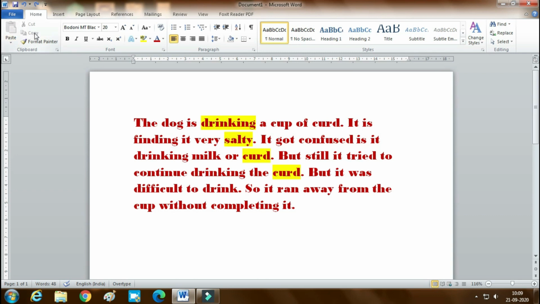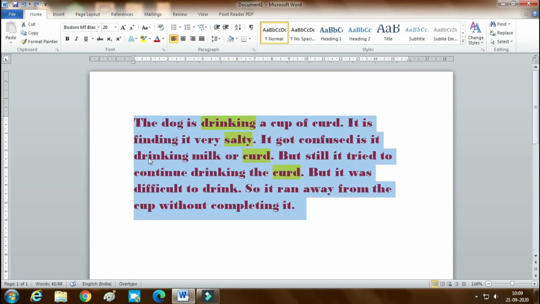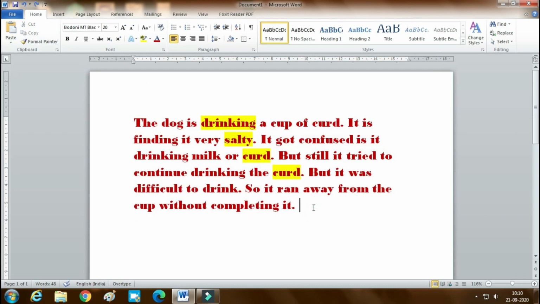Now we shall understand the copy, cut and paste commands. We can see that these are not active. When they are not active, we cannot use them. Now we have to make them active, which means we have to select text. To select it, use triple click to select the paragraph. Now the paragraph is selected. Now you can see these two are active. We'll first go for copy and we can see the paste is active now.